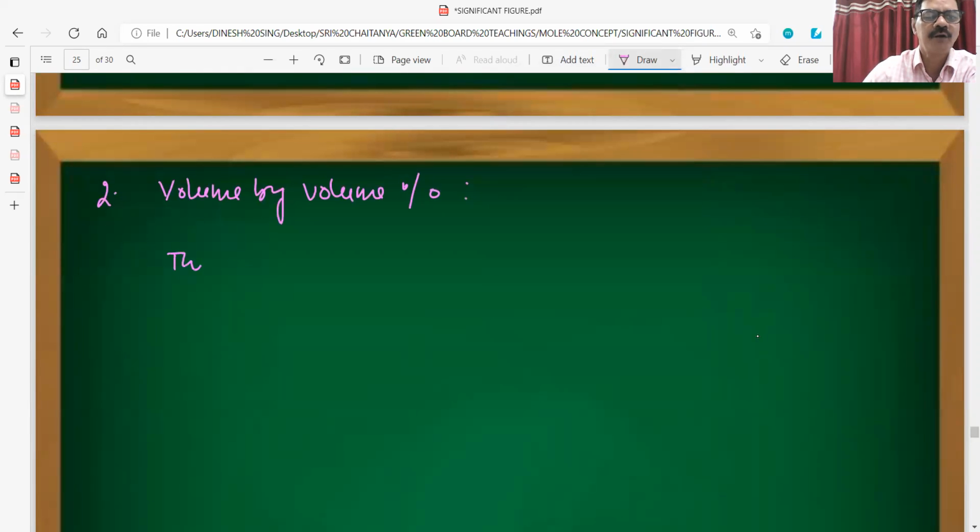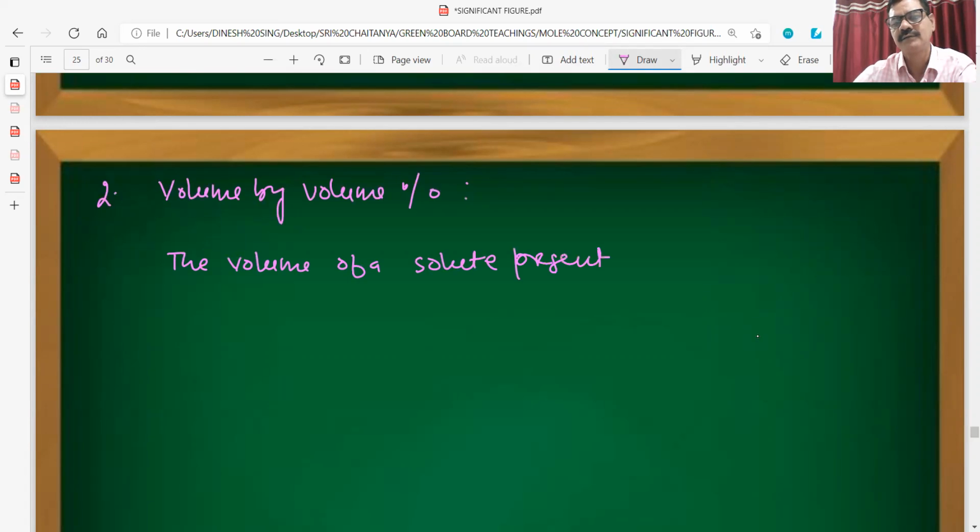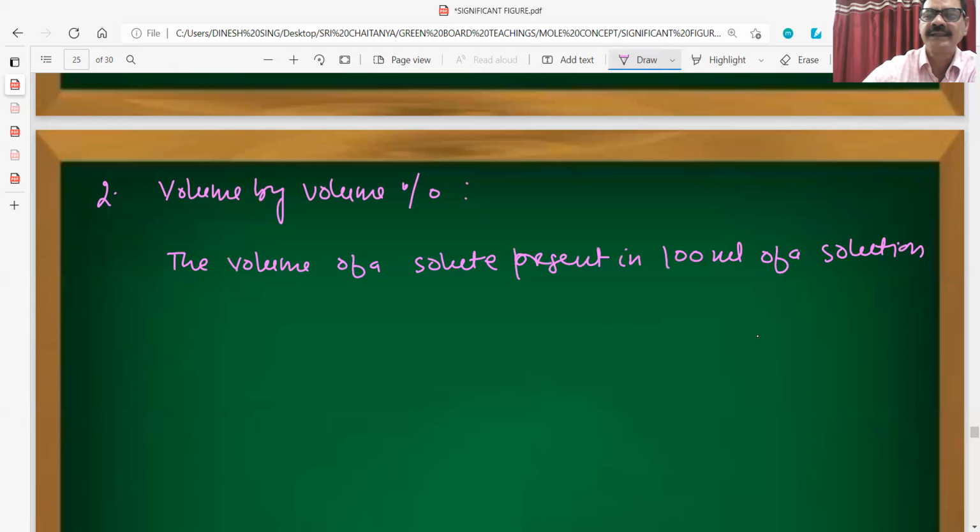The volume of a solute present in 100 ml of a solution. It may be either in liter for both, or maybe in ml. The volume of a solute present in 100 ml of a solution